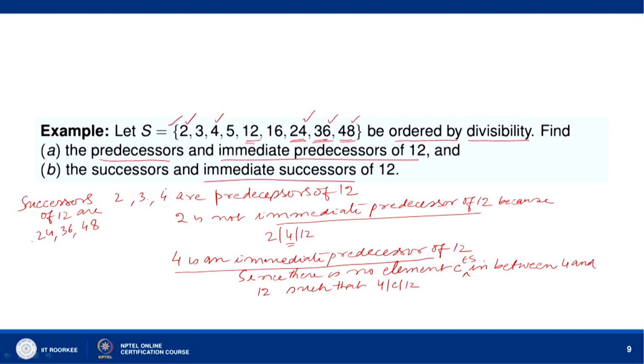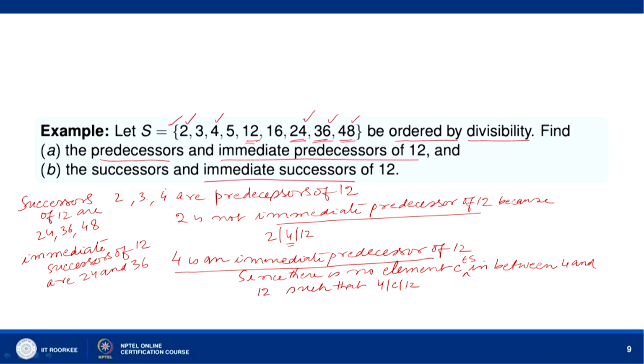The immediate successors of 12 are 24 and 36,